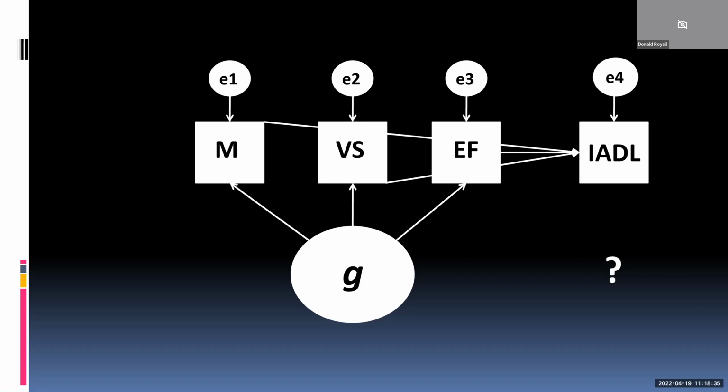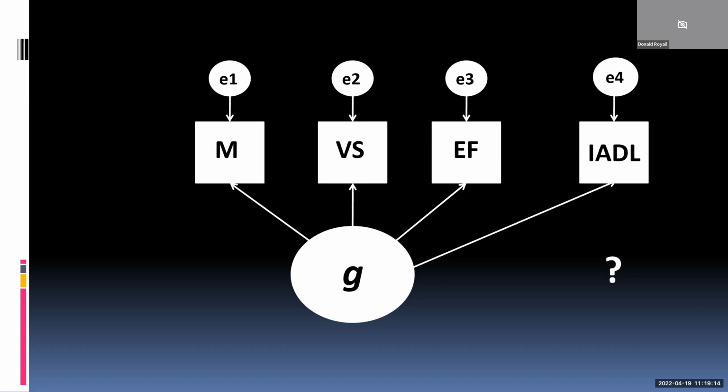So here we have 3 independent cognitive predictors regressed onto IDL, and each of them has been adjusted for their shared variance in G. And I think if you built this model, and Ray and I have built them all by now, you would be surprised to find that there would be weak, if any, significant association between G-adjusted observed measures and IDL. And furthermore, this model would have terrible fit. It's inadequate for thinking about how IDL relates to cognitive performance.